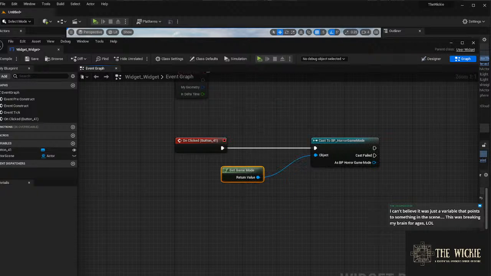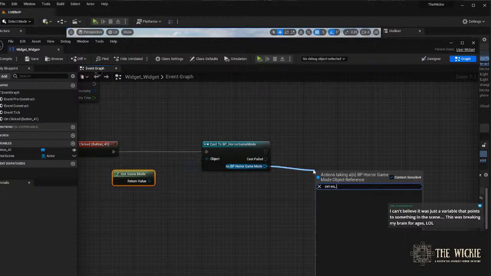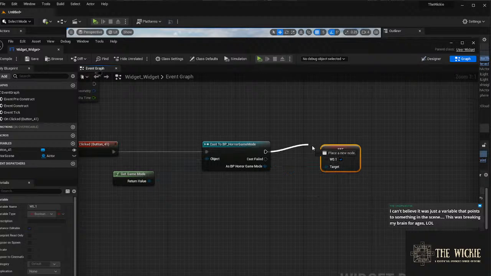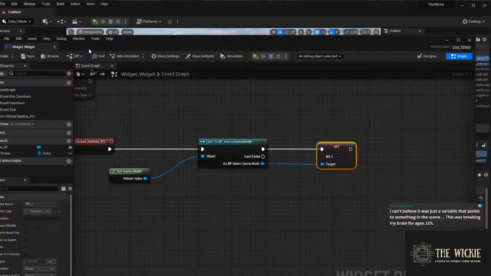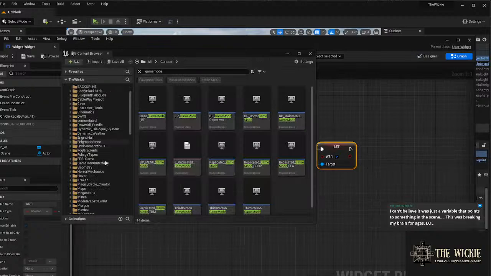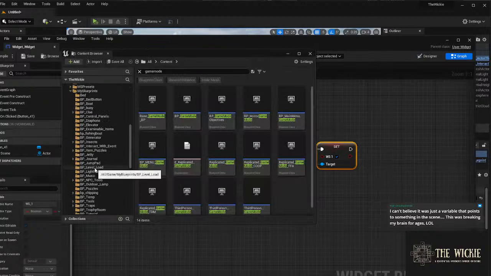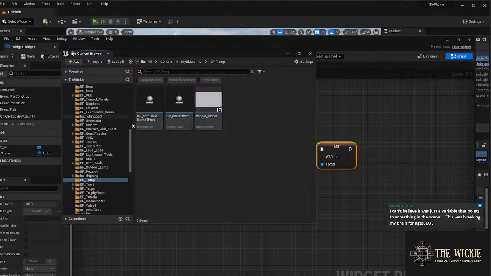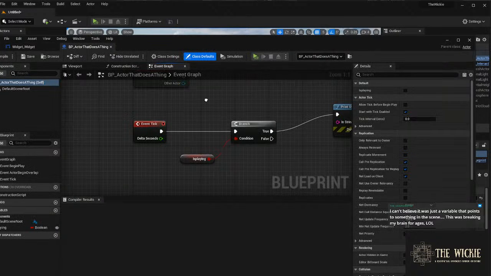As horror game mode, I can then go set WS. Here we are, set WS1. Set that to true. So I've set a flag in my game mode to true. Now, once I've done that inside my widget, what I can then do is come over to my BP temp, to my BP actor that does a thing, and on my event tick,